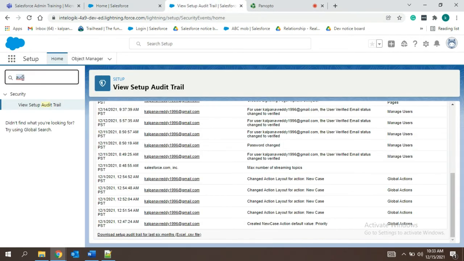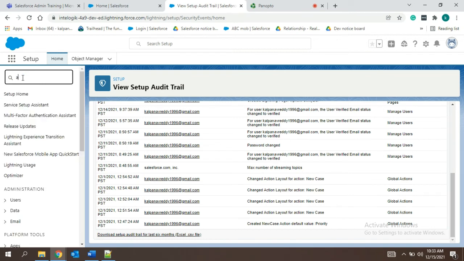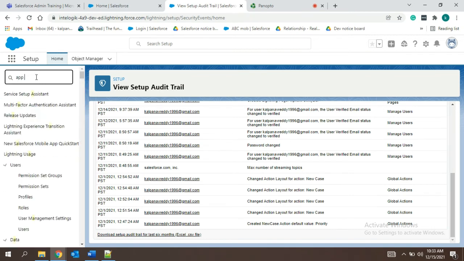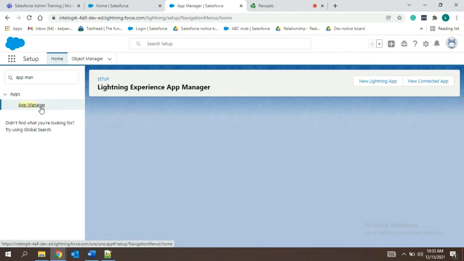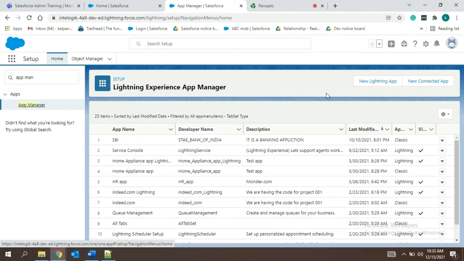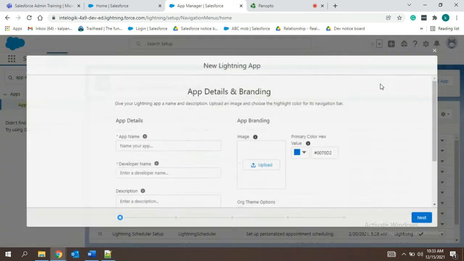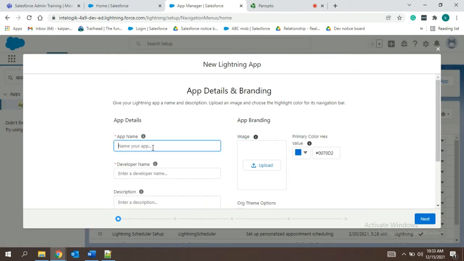What we will do is go to App Manager. In the same setup we are doing all these things, so we have to be very friendly with this. Going to App Manager, here we have so many apps inbuilt. I'll create a new Lightning app by clicking here. You can give a name for Flipkart; I'll give Flipkart copy. The developer name will be automatically taken, and the description. This is just for training